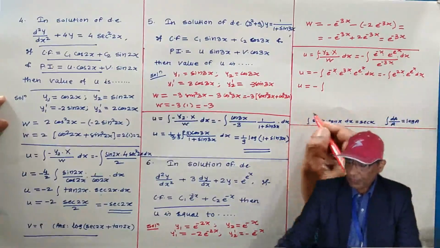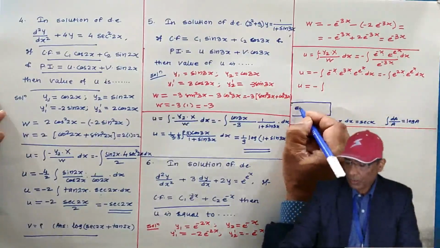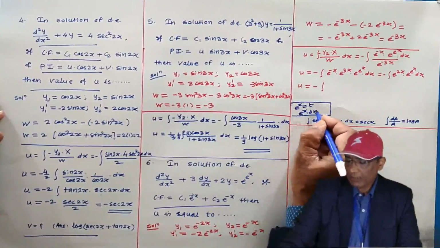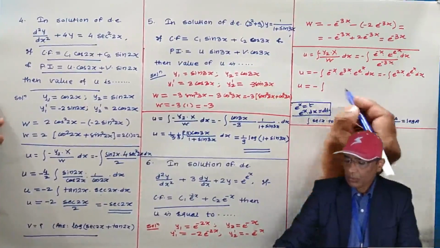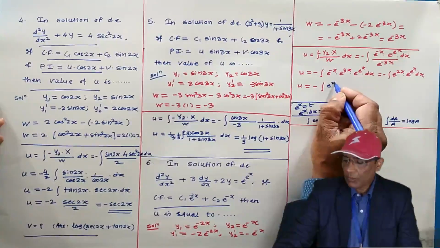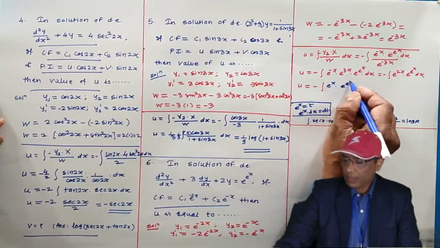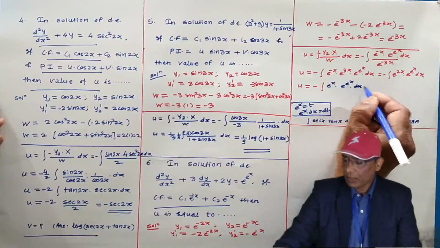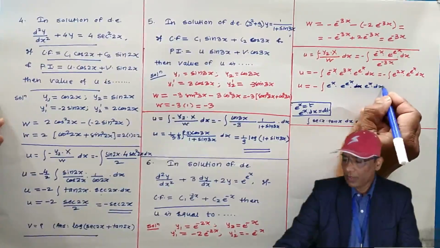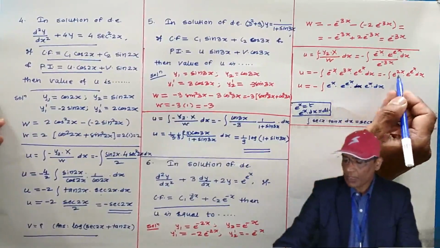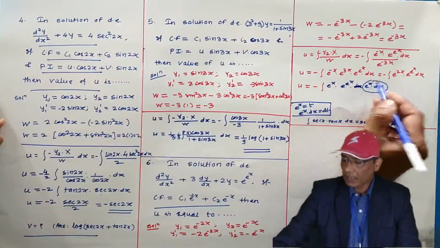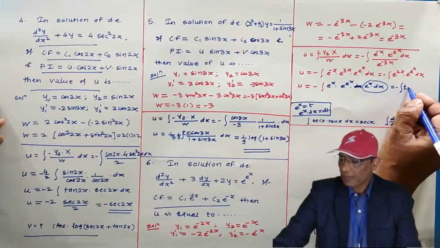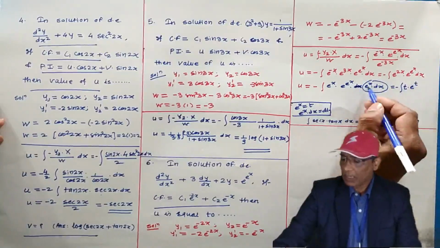To substitute e to the power x equal to t, and derivative of e to the power x is e power x dx, and derivative of t is dt. So first of all, I am going to break like this. I am going to split e to the power 2x this way. What did I do here? E power x into e power x is e power 2x. Because e power x into dx is dt. Okay, see, I am putting e power x is t, and e power x dx is dt.